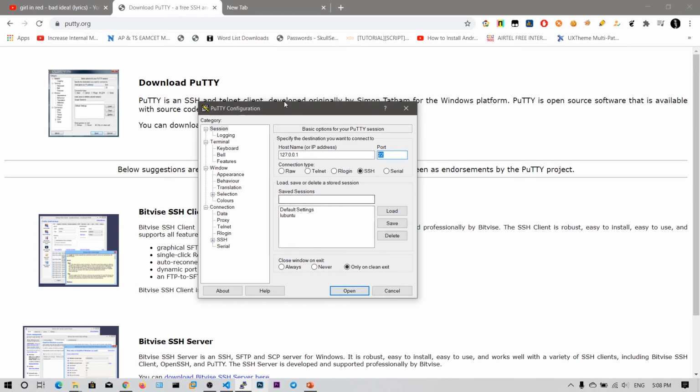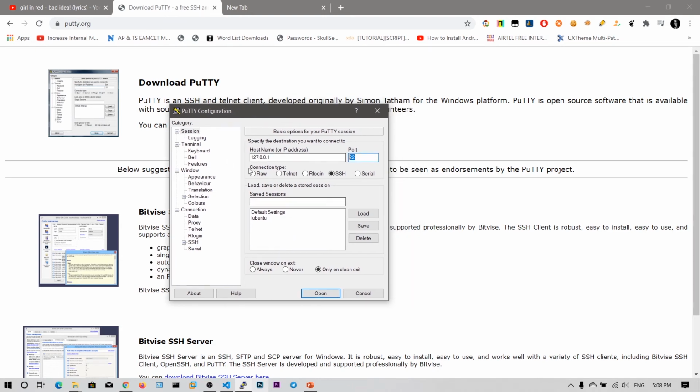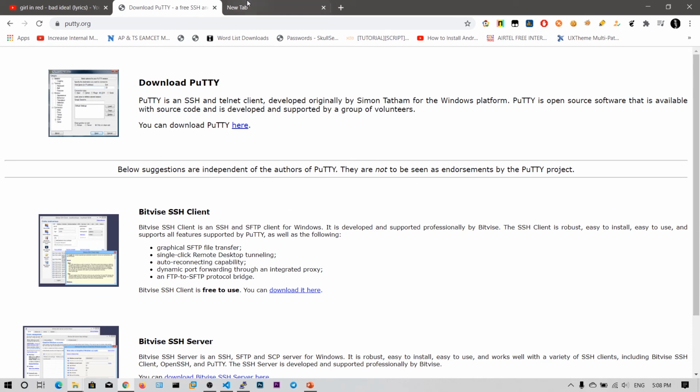One of the main problems with PuTTY is that it is single session. That means this tab opens when you open the connection, and if you want to open another connection, you need to run another instance of PuTTY, right? That's a time consuming task.